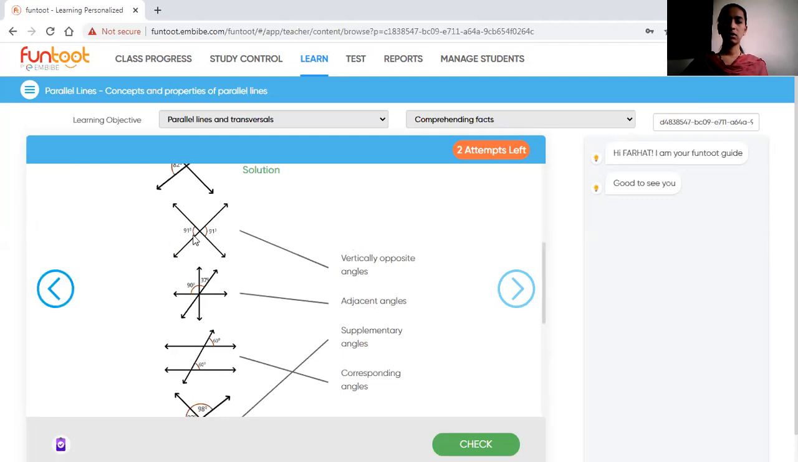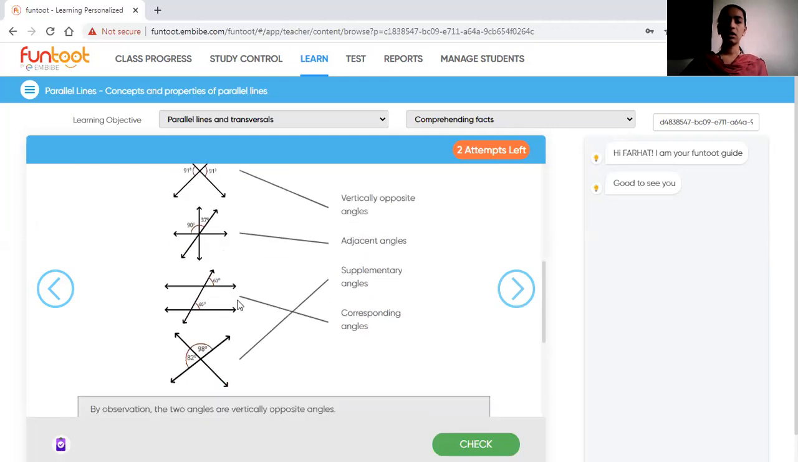Now, this 90 with 90, 91 degrees with 91, so they are vertically opposite. Second figure, they are adjacent angles. Now the next, 60 and 60, they are corresponding angles, and these two are supplementary angles. Okay, students, understand this. If you have any